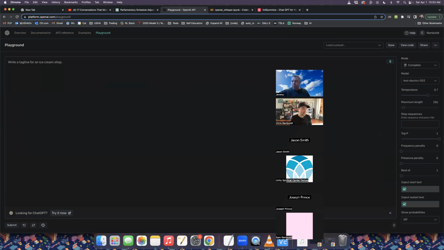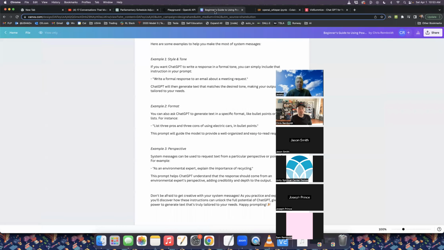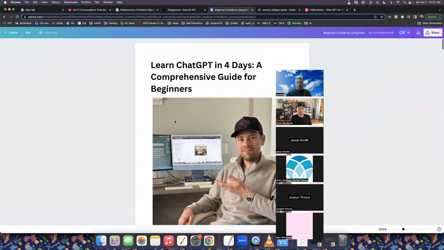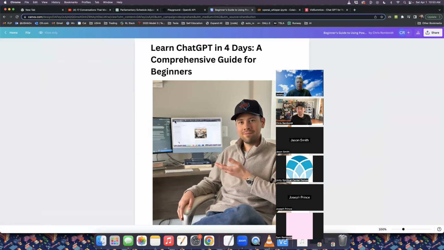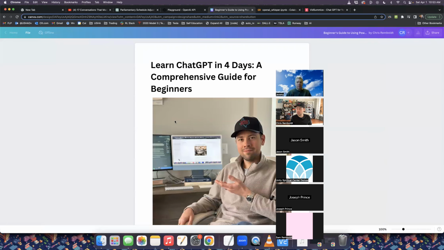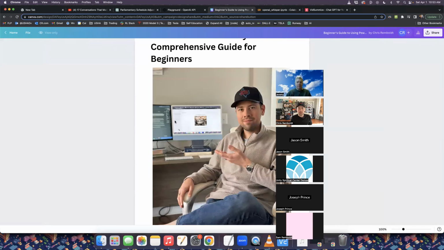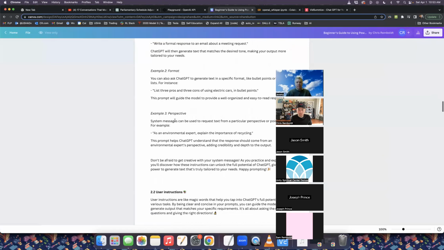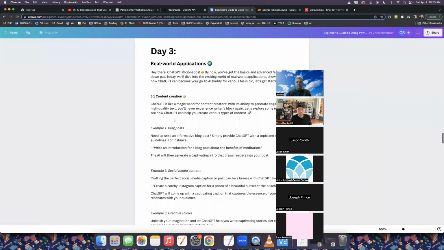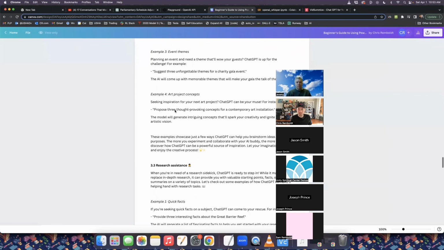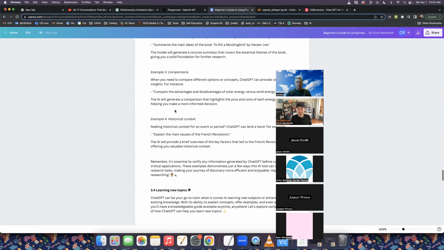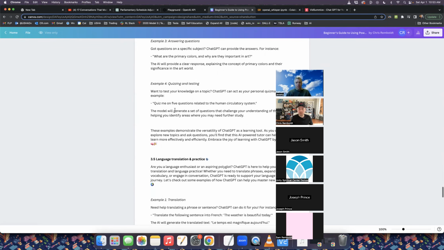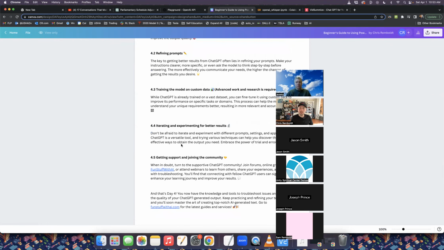And just to give you an idea of how much it costs, I used their most expensive model to generate this ChatGPT guide, which is free. I'm not trying to sell this here, but this is free. I used this to generate this guide, and it is this long. It's got 4 days of instructions with some detail in there and some examples and some different things you can do to learn ChatGPT. And it cost $1.60 to create this with the most expensive model.